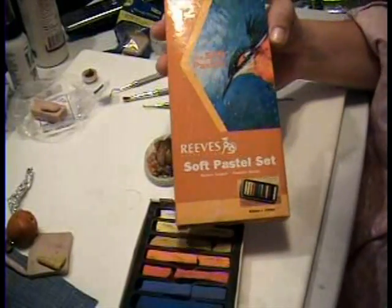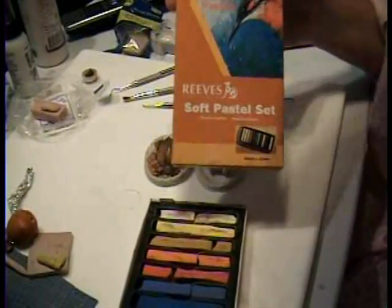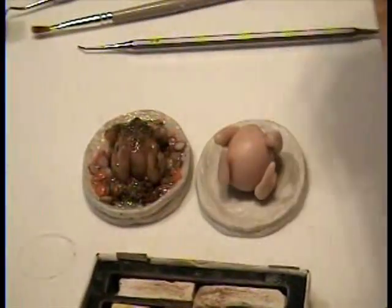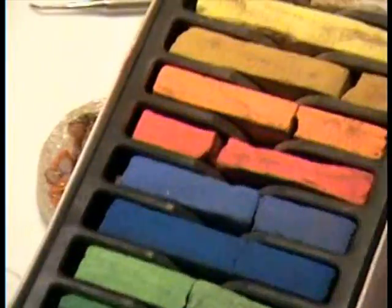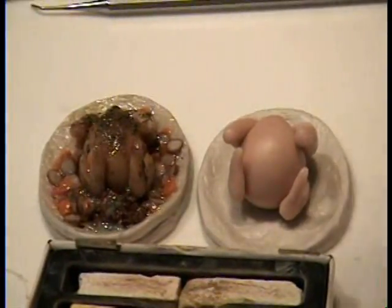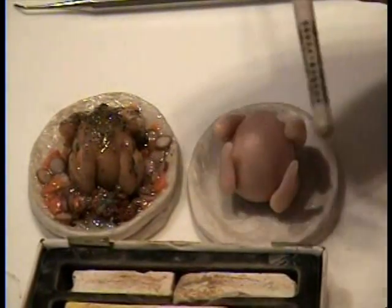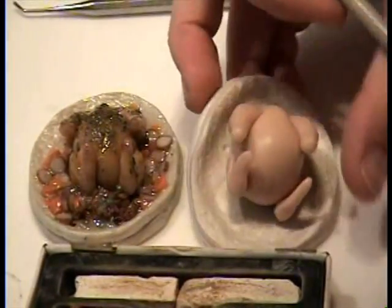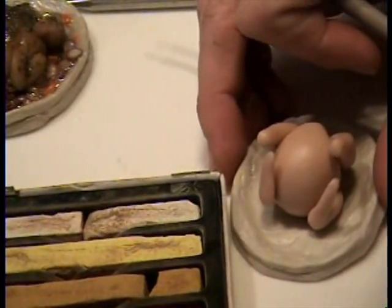Anyway, what I'm going to use is, you guys always ask me. This is what I use. It is Reeves Soft Pastel Set, and I use that to shade a bunch of my different things. So, these are the pastels, my old trusty set, and I take just a paintbrush that I use, and I will go with,